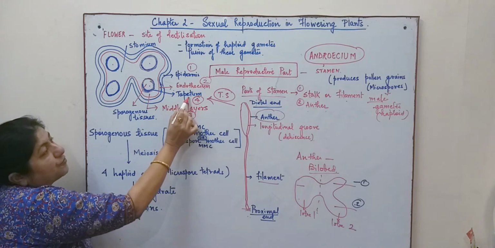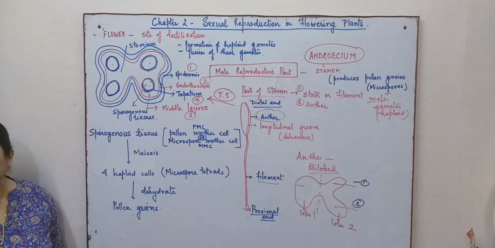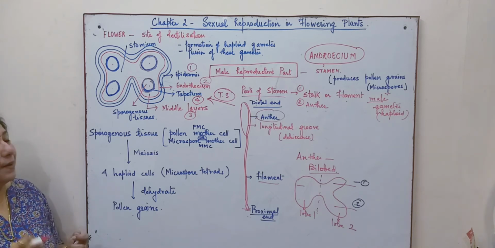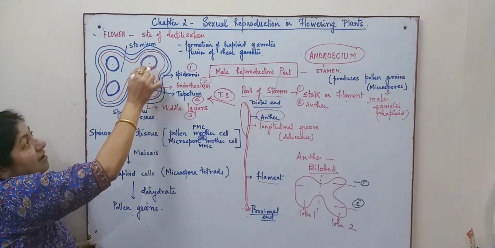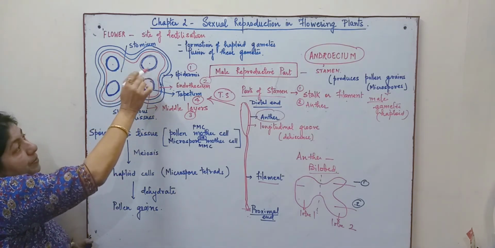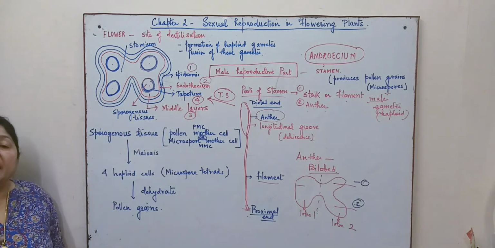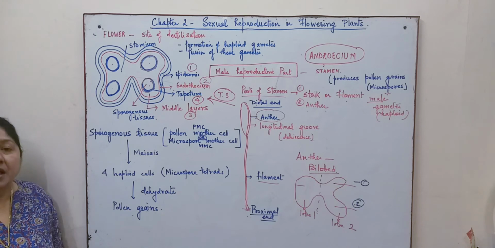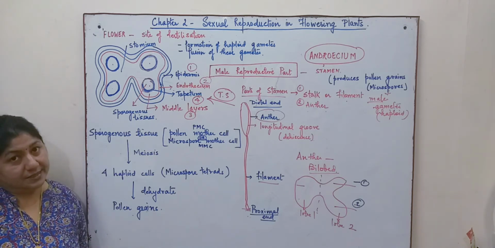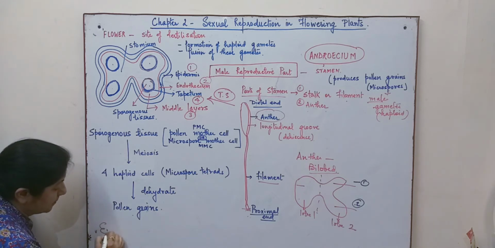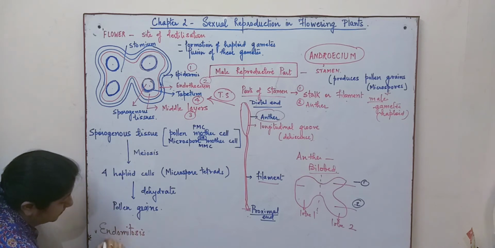Tapetum actually provides nutrition to the developing pollen grains. It is actually multinucleate or binucleate. All the other cells are diploid in nature, but here the tapetum is binucleate or multinucleate and has dense cytoplasm. The reason is the tapetum undergoes endomitosis. Endomitosis, and due to endomitosis in tapetum,